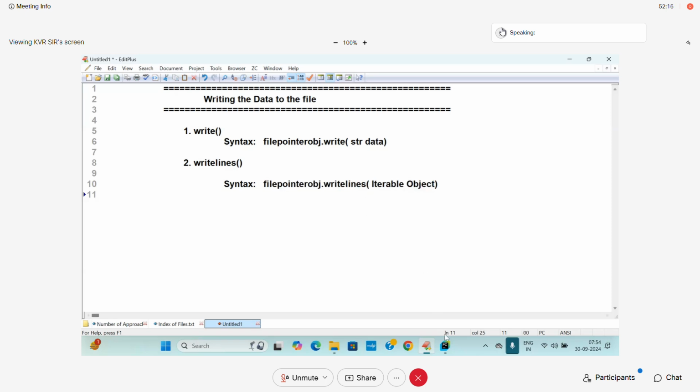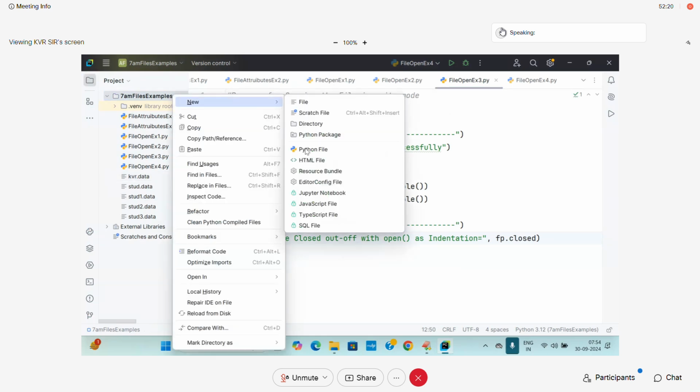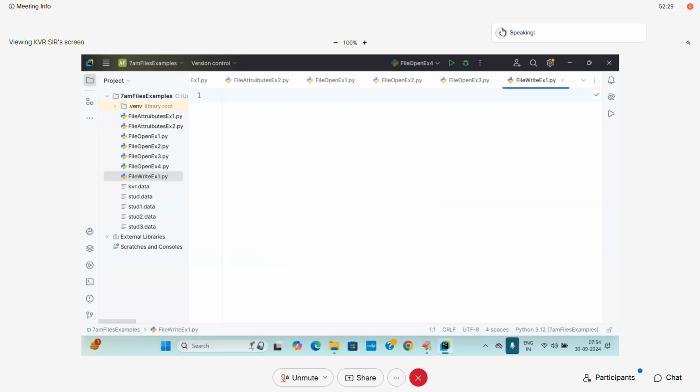So let me go to the example here. That is what the question dictated. Now I'm going to take the first thing, file write example1.py. So here I am writing a program for